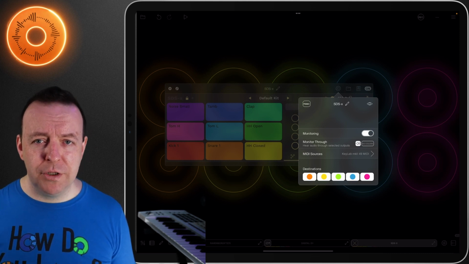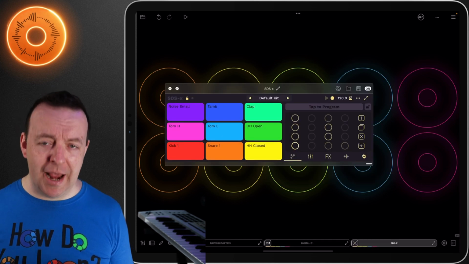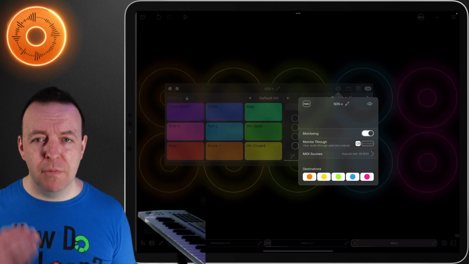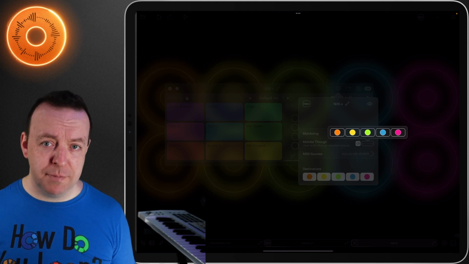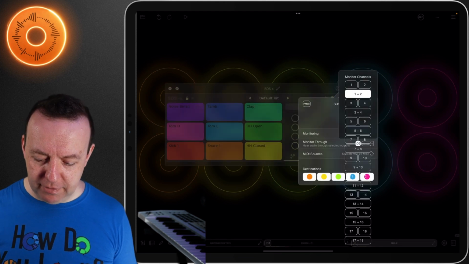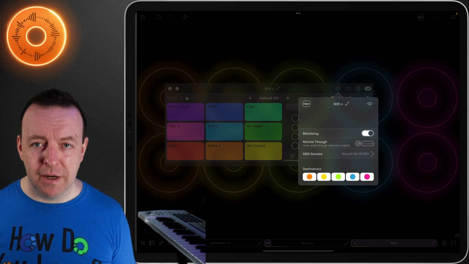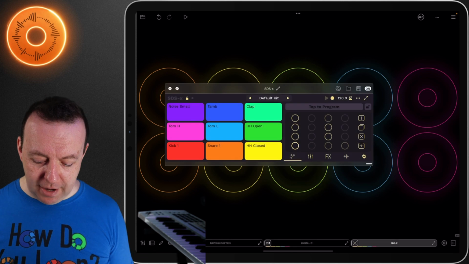If so, which color loop? Now, some AUV3 plugins you might not want to hear as an output. You may only want to record it into the loops. So what we can say is monitoring through is only certain colors as opposed to the speaker. If we go to the speaker here, it looks a little bit confusing, but we could say I don't want any monitoring. I only want it to go through onto the orange color. So right now, even though it's on,